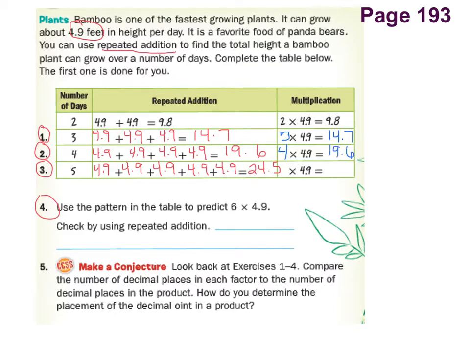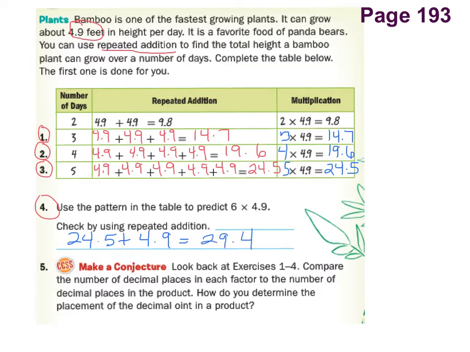And if you took 5 groups of 4.9, you're going to get 24.5, which is the same as 5 times 4.9. So using the pattern in the table, I could predict that we'll take the 24.5 and we're going to add to it 4.9, and we're going to get